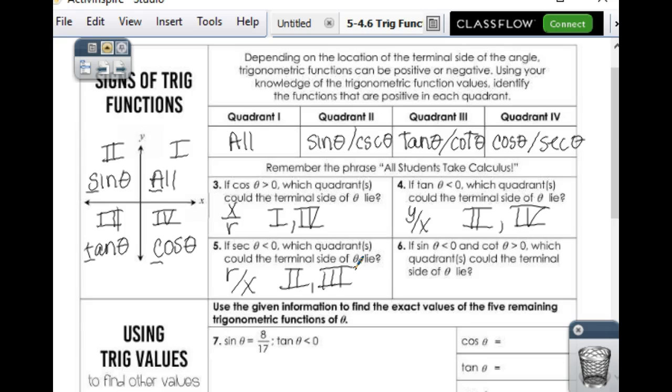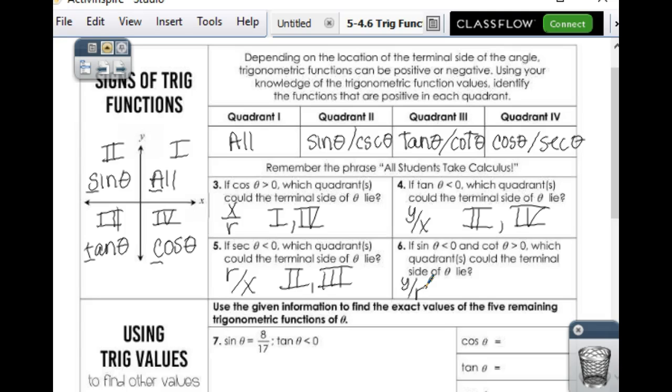Okay, sine is less than 0. So if sine is less than 0, what has to be true about the y value? Where is y negative? 3 and 4. Next,